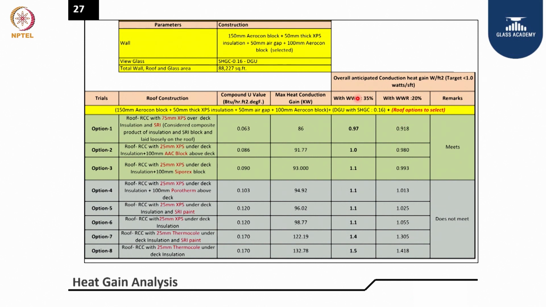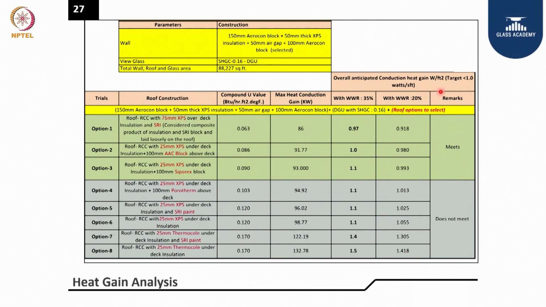So we keep changing the combination of roof, wall and window to wall ratio. These are the options we created based on the material and technology available. Then these 3 options are meeting the target, and the other options, 4 to 8, are going beyond my target of 1 watt.